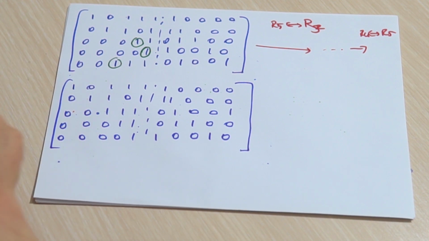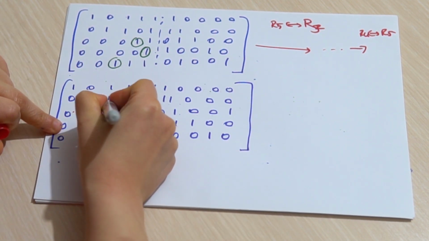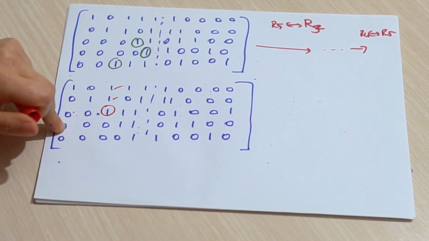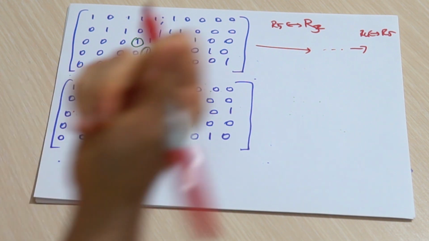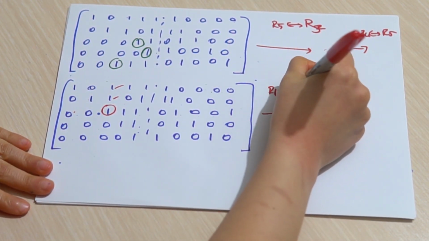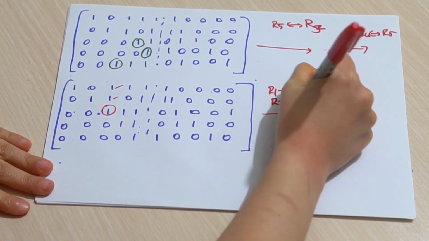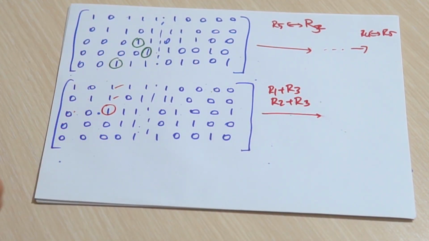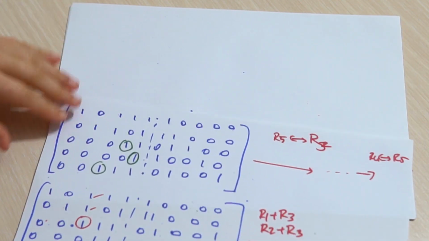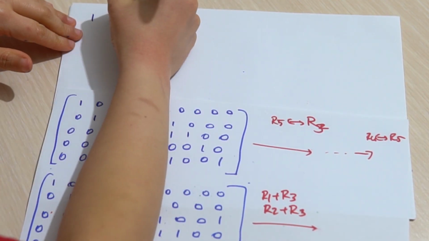Now let's look at here. I have 1 here, right? But there is 1 and 1 here. So I should cancel these. So I should add row 3 to row 1 and row 3 to row 2. Then I will have 1 0,